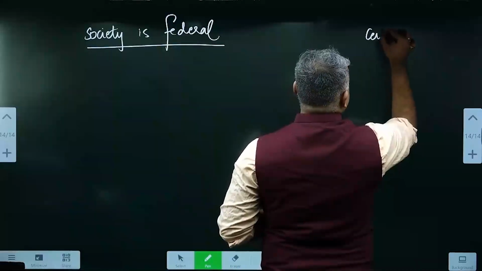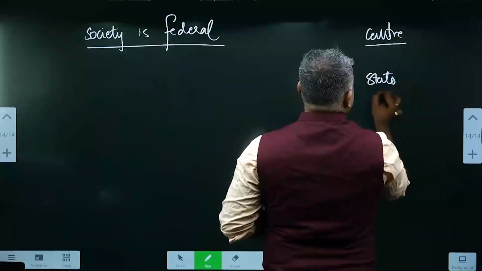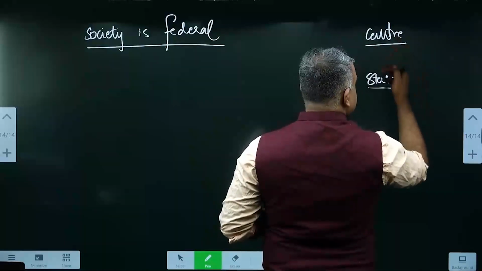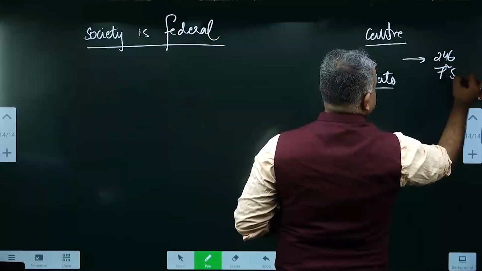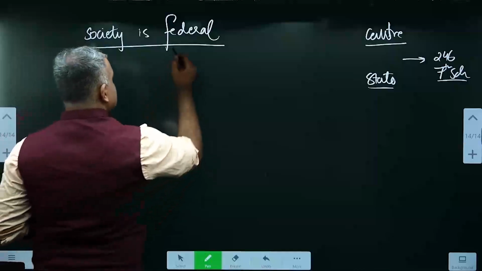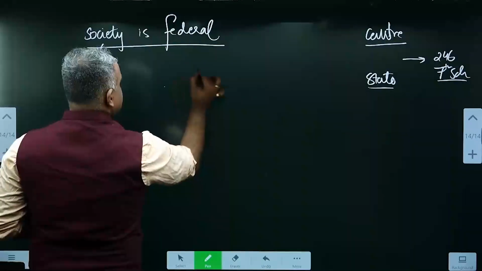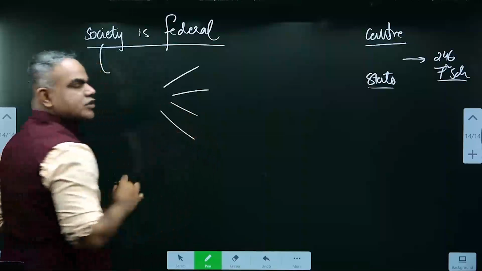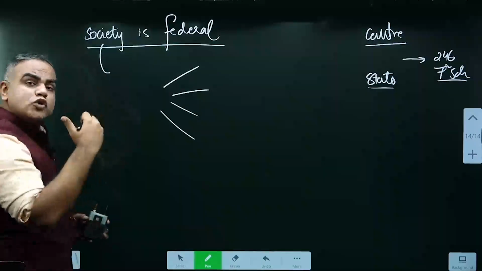Let's say there's a center and state. There's a division of powers between center and state. In our Indian Constitution, you have Article 246, you have the 7th Schedule, etc. talking about it. When he says society is federal, it simply means society has multiple needs, and these multiple needs are met through different institutions. State is not the only institution. So he's saying when society is federal,